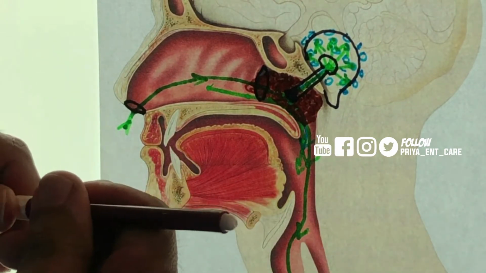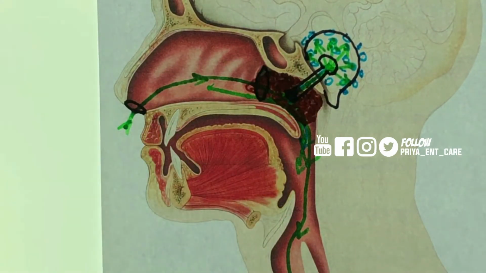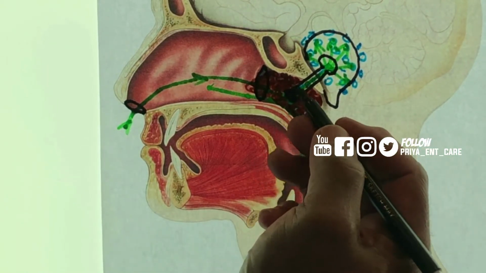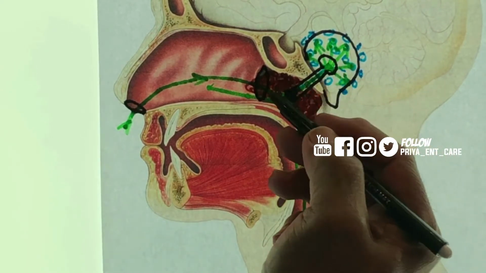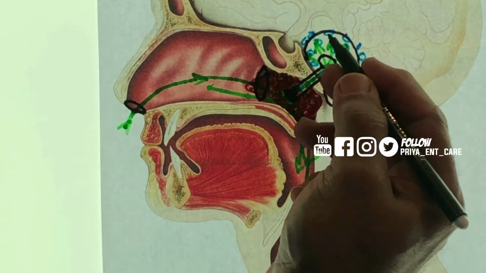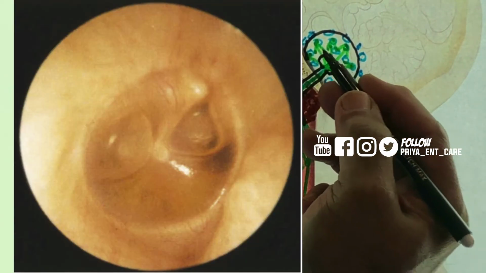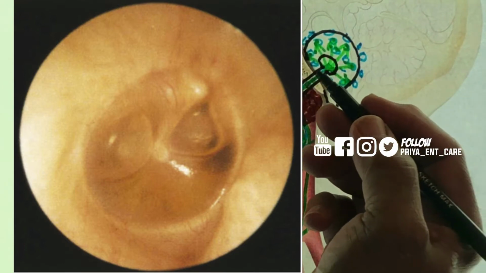Let us now discuss some of the symptoms associated with hypertrophy of the adenoid. Let us first talk about the ear symptoms. When the eustachian tube is blocked, as I told you earlier, the drainage of the mucus from this area and ventilation both are disturbed. So this mucus is not able to travel downwards. It accumulates behind the eardrum in the middle ear, and it causes hearing loss.